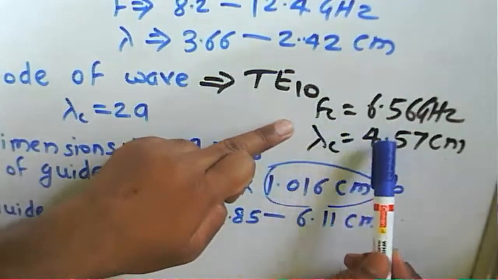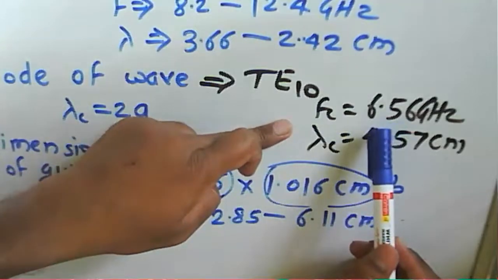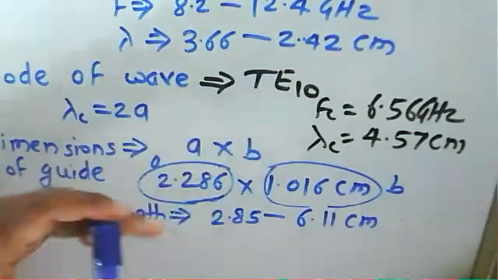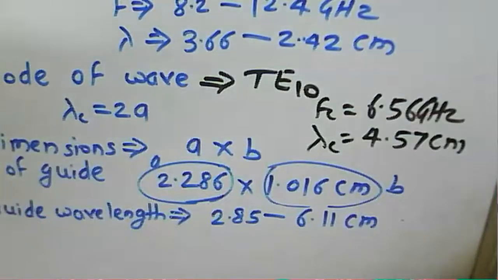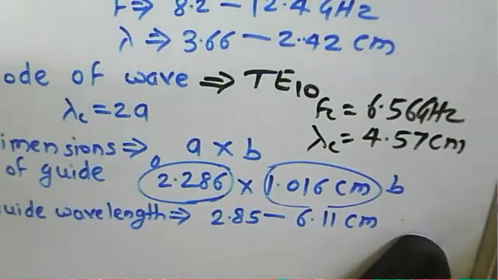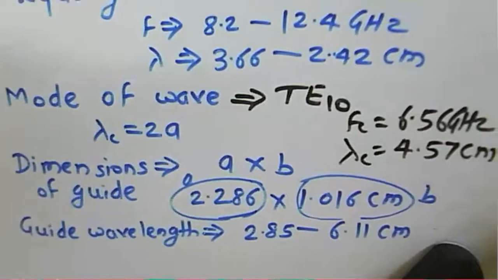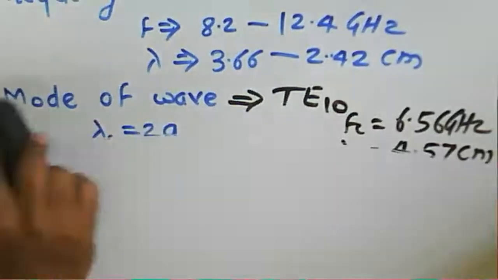So the cutoff frequency for a given dimension is 6.56 gigahertz, and the wavelength is about 4.57 centimeters. Now these are the salient features of a rectangular waveguide that we use in a laboratory for microwave measurement purposes. Okay, so now we should know that for a given particular